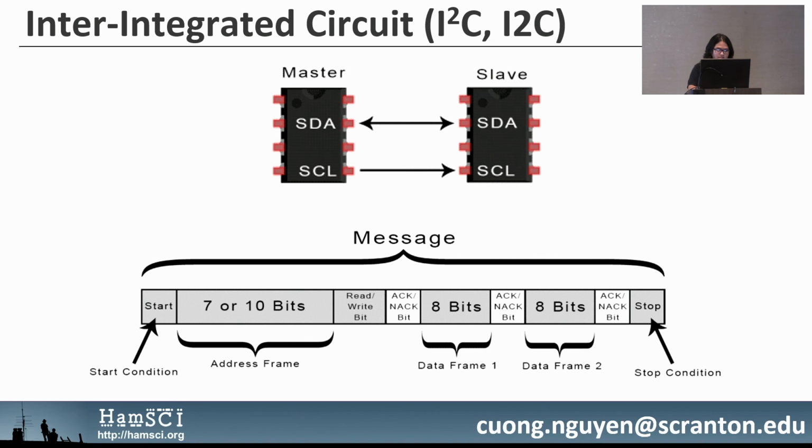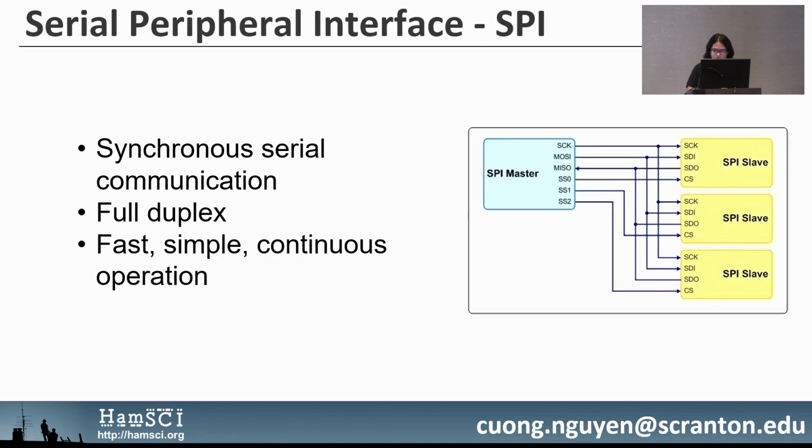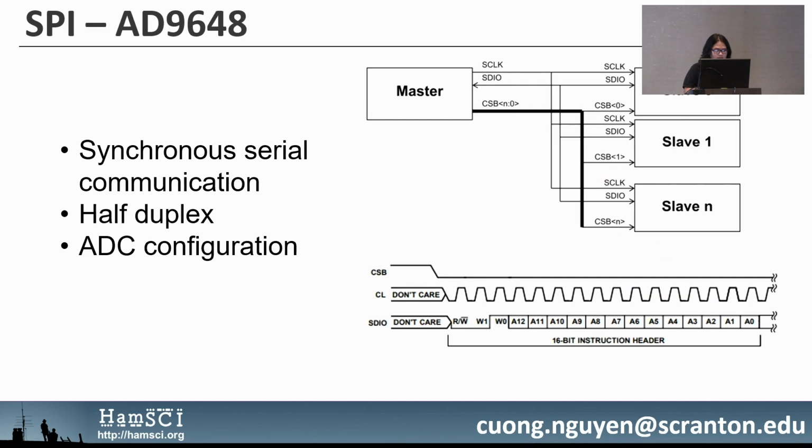SPI actually doesn't require a start and a stop condition. As soon as a slave is selected, the communication can start until the slave is deselected. However,